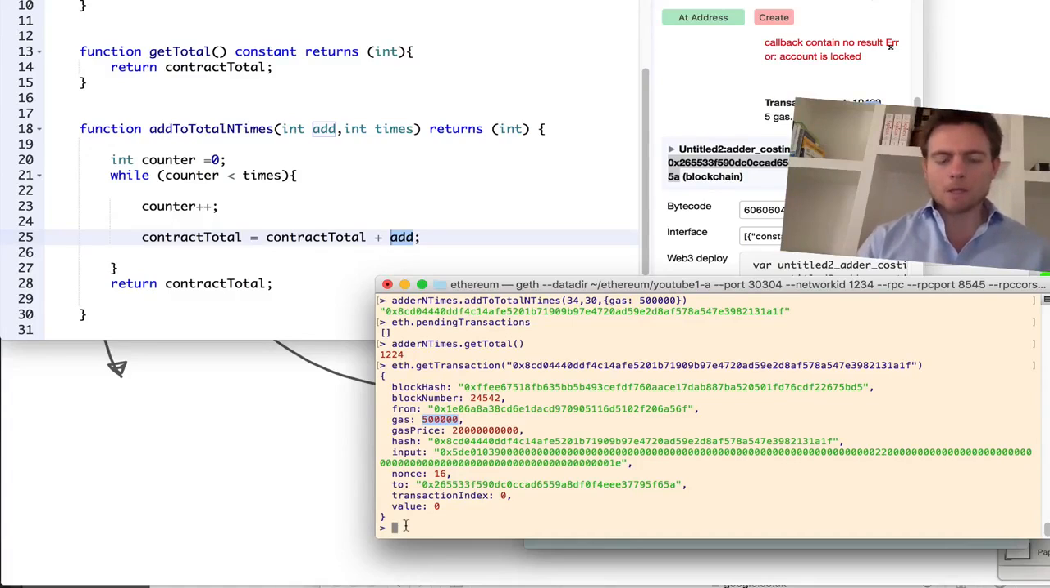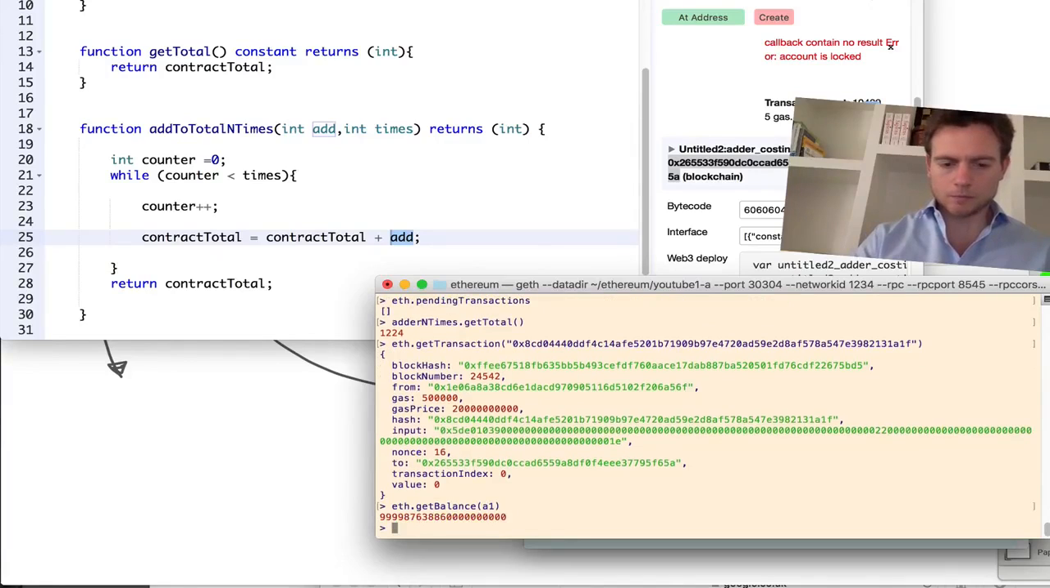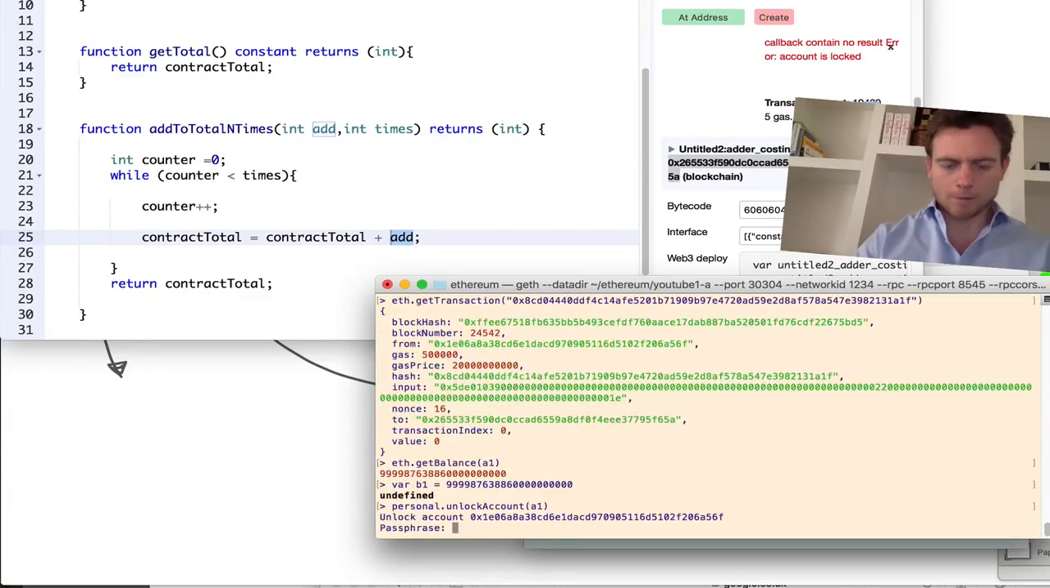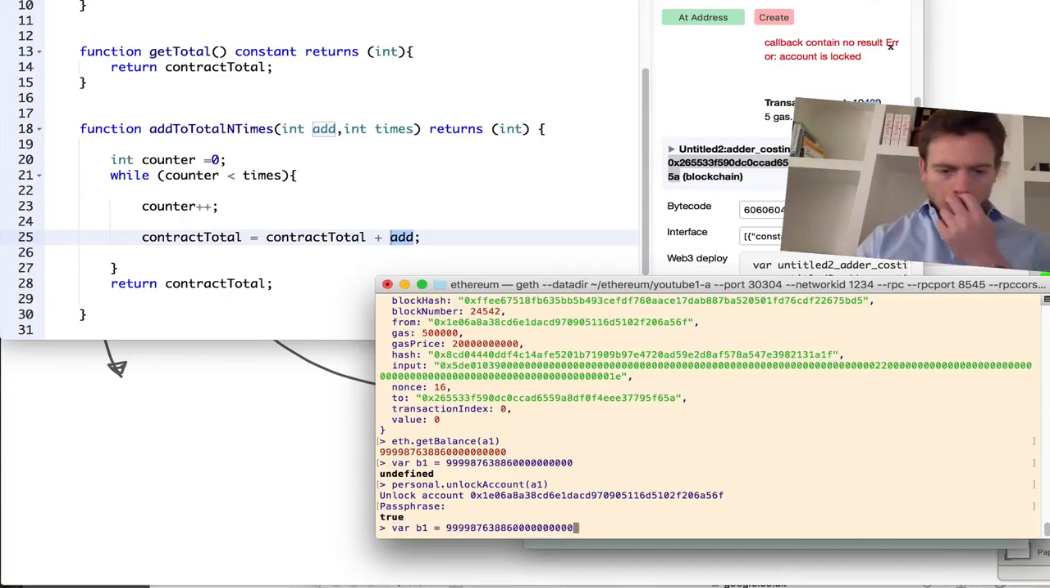So let's just check the current balance. Okay, so if we do eth.getBalance a1, let's just do var b1 equals this. Then we just do personal.unlockAccount a1, and then we do